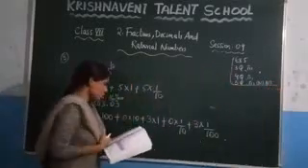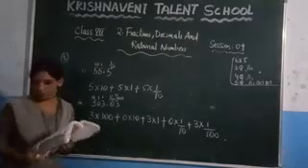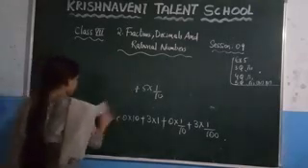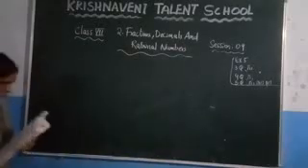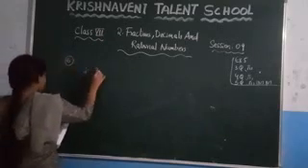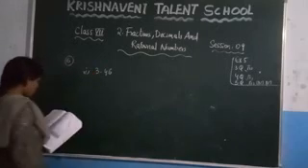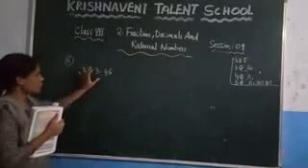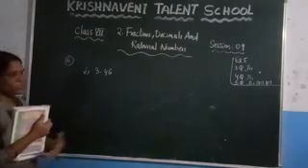Now see the 6th question in this. You just need to write the place value of 3 in the following decimal numbers. So what is the first question given here? Sixth question, first one: 3.46. Here you need to write the place value of 3 in the following decimal number. That means you just need to write the place value of 3. In this, what is the place value of 3? Which is 1. So write it here.